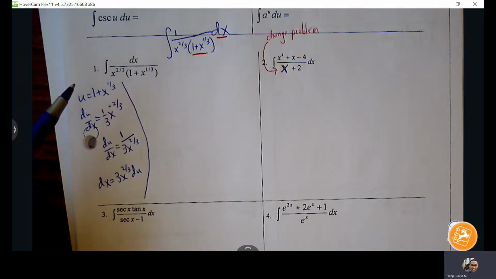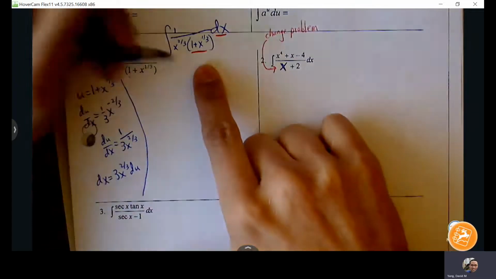So anytime there's multiple terms separated by addition or subtraction in the denominator, I'm almost automatically thinking, okay, expansion is not going to be easy here. Okay, so